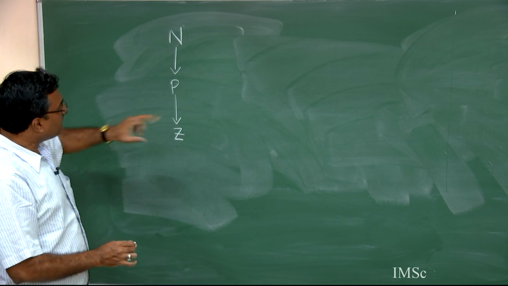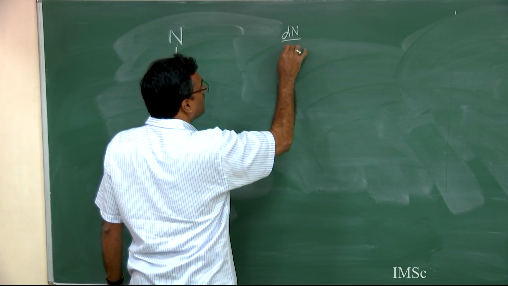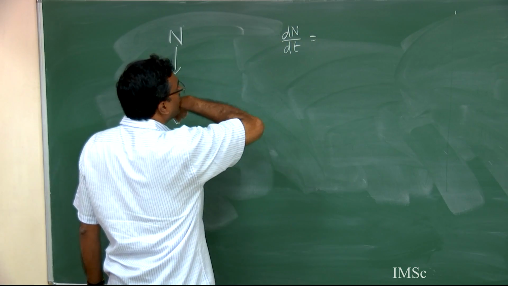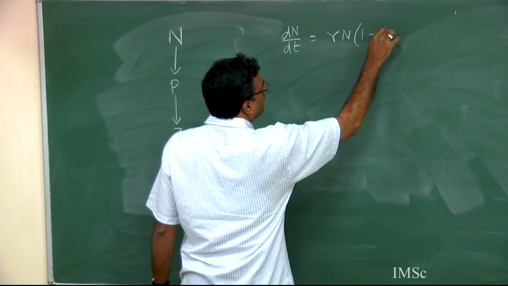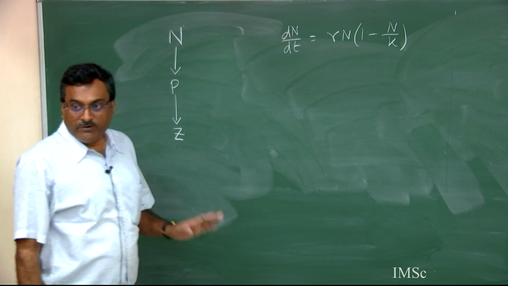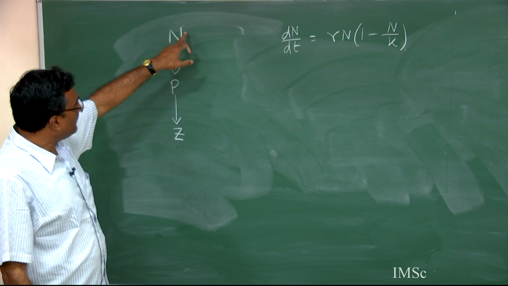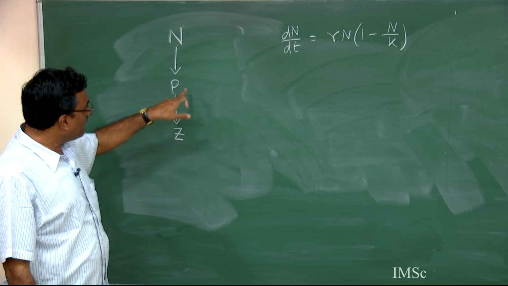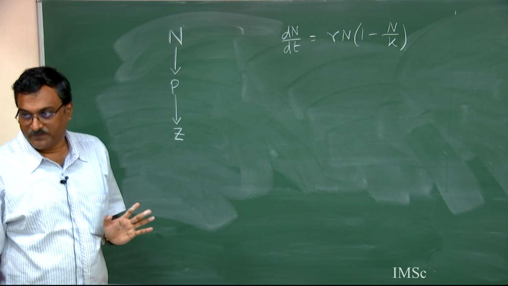So, in this kind of situation, the model will look like, suppose this n grows with logistic growth law. So, therefore, Rn times 1 minus n by k, and without a loss of generality we can assume that grazing pattern of n by p and grazing pattern of p by z,